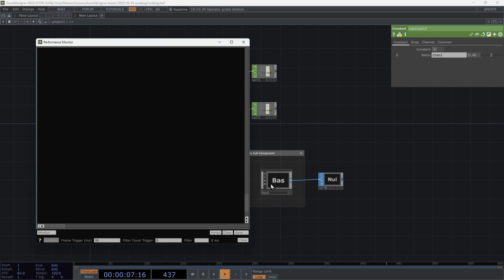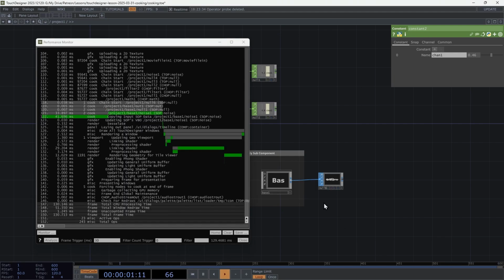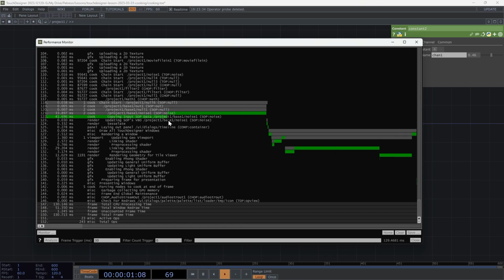So I have a bunch of complicated stuff in this base here. If we show a viewer here, then it's suddenly going to slow down. We're down at 9 frames a second, and it will analyze the first frame that it got when that happened. So here we can see that there's a whole bunch of work going on for these SOPs that are inside